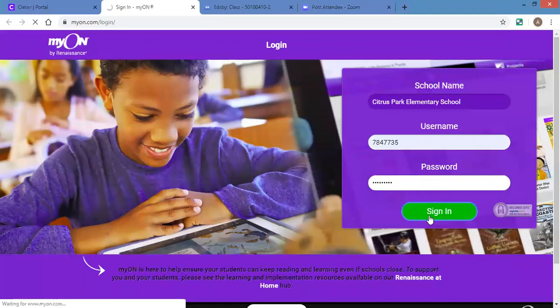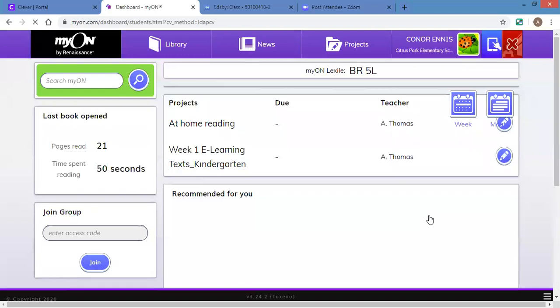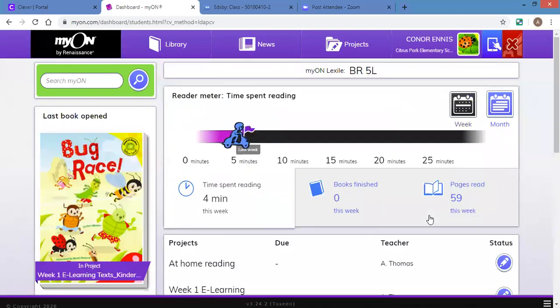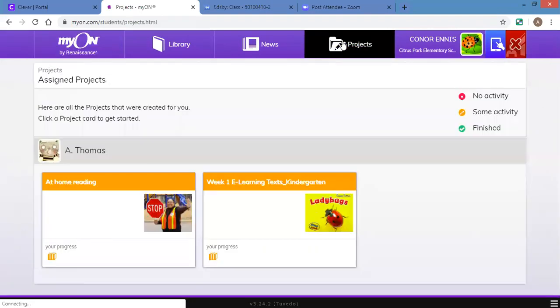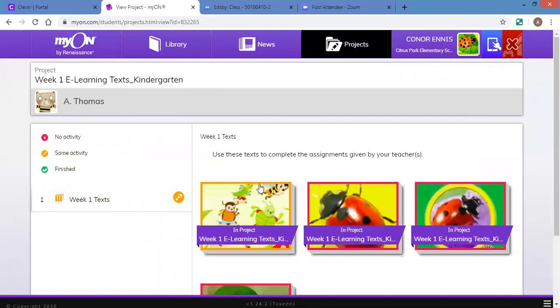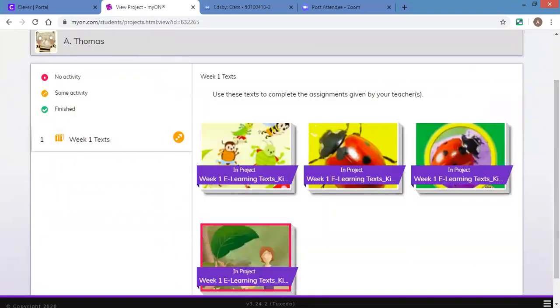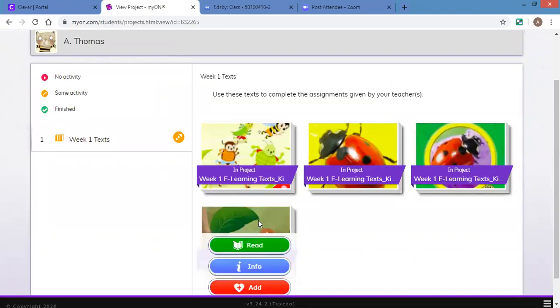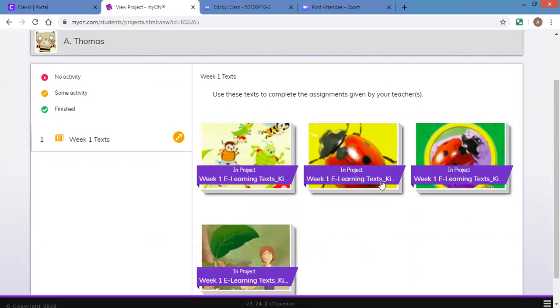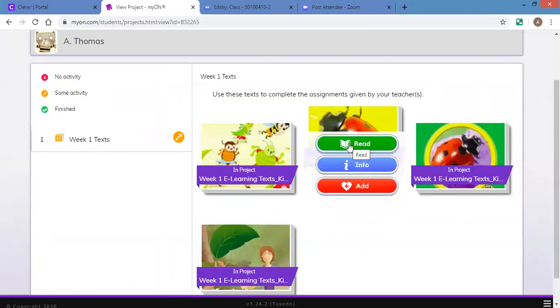Okay, once you get into Mayan, what I did was I assigned projects to make it easy to find the books. So you're going to come up here at the top to projects, and you will see week 1 e-learning text kindergarten. If you click on the project, it will have all the books that you will need for reading, and sometimes a book for science. Like this one is one that they're going to read for science this week. So when you click on a book, you're just going to click on read,